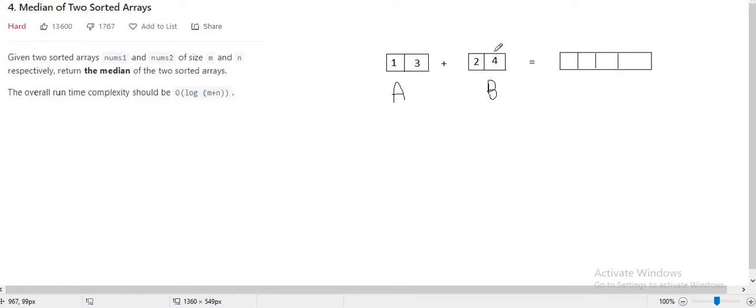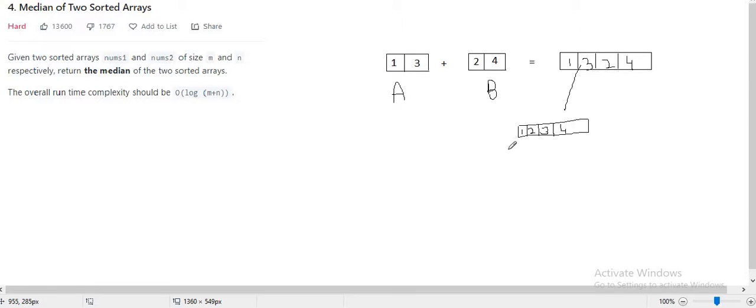a new array, so that it will come like this: 1 3 2 4, and then we will sort this array. So it will become 1 2 3 4.